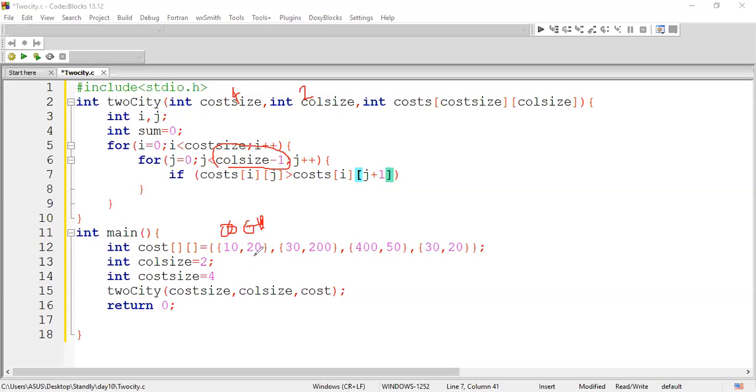So these 2 values, this is 0, right? i is row and j is your column. So how many columns are you going to have? You're going to have only 2 columns, right? I'm comparing these 2 values. Standing at the 0th position, I'm taking 0 and 1. Guys, you're with me?